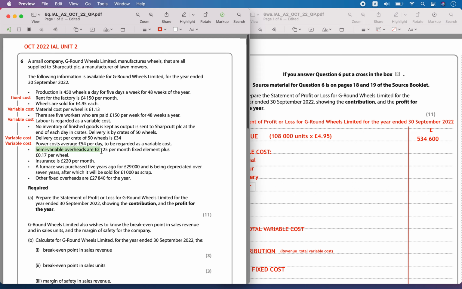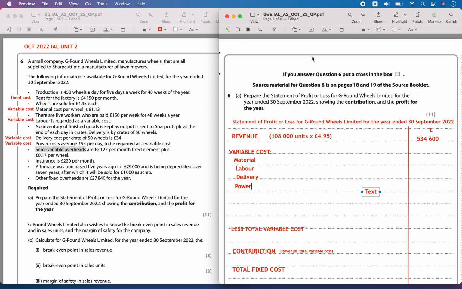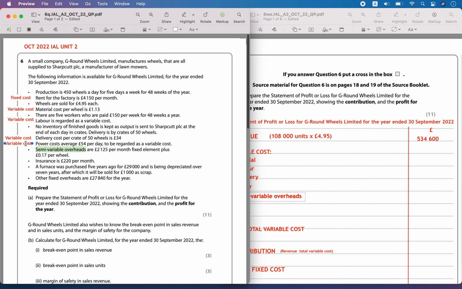And then you have semi-variable overheads: 2125 pounds per month fixed element plus 0.17 per wheel. So even the semi-variable has a variable cost. So let's write it here. So this is also a part of variable cost. It has both fixed cost and a variable cost. So this has both